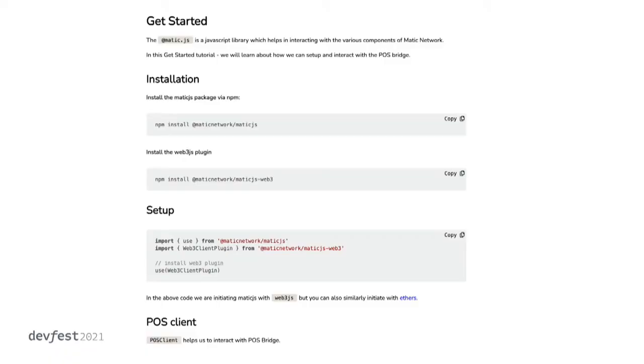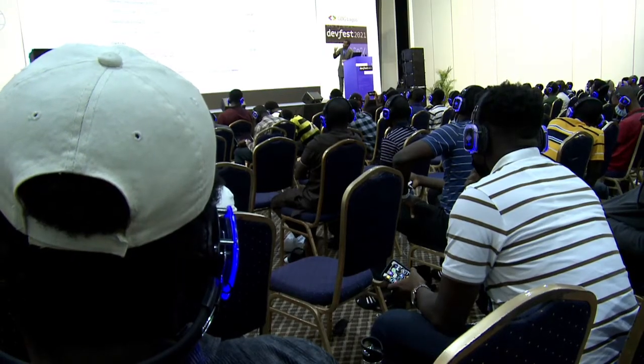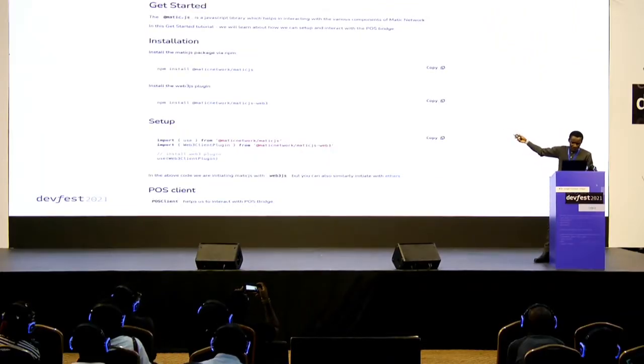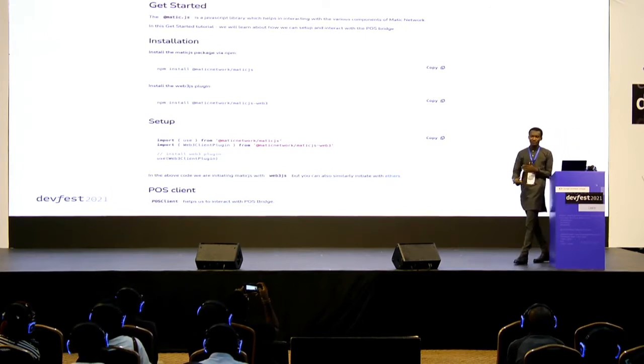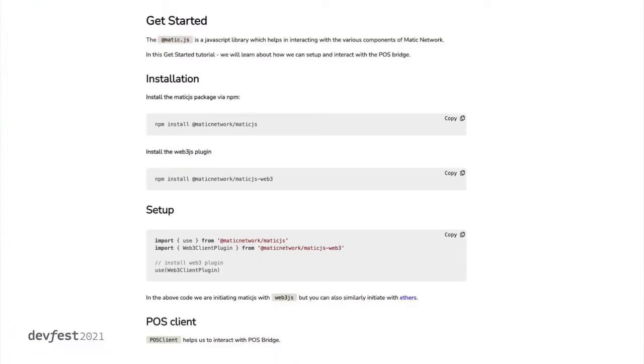So this is the documentation of Matic.js. You can see how things are going on here. For instance, look at the first thing. The first thing is, okay, Matic.js is just a library, and so on. So it's basically giving you a breakdown of what Matic.js is, right? Giving you installation guidelines, setup guidelines. They would easily have said, okay, you understand how this works, right?